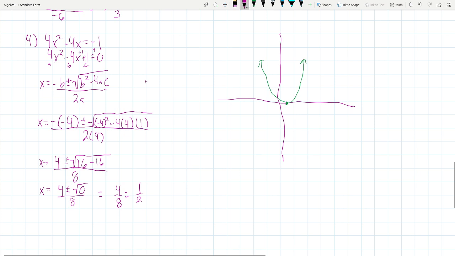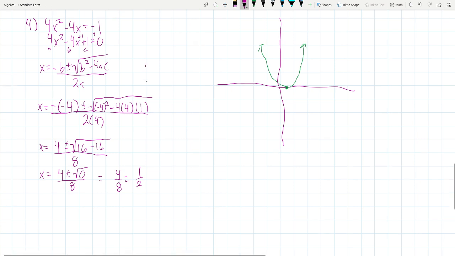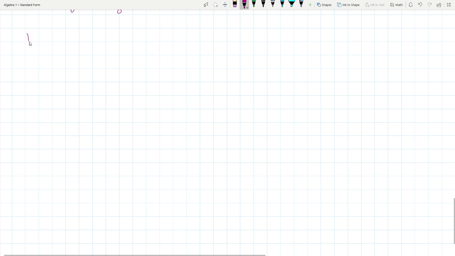All right. Let's do an actual graph. So if I'm given an equation, y equals negative x squared plus 4x minus 4, and we're going to try and do a bunch of stuff with this. We're going to find the axis of symmetry, the vertex, the y-intercepts, the x-intercepts, make a table of values, kind of all that stuff. So if I start with my axis of symmetry,